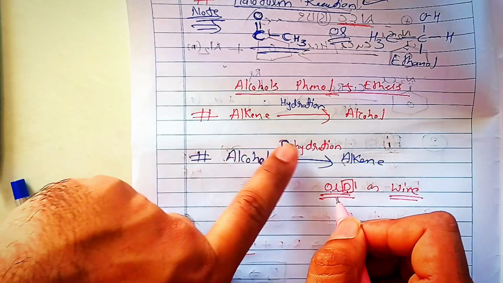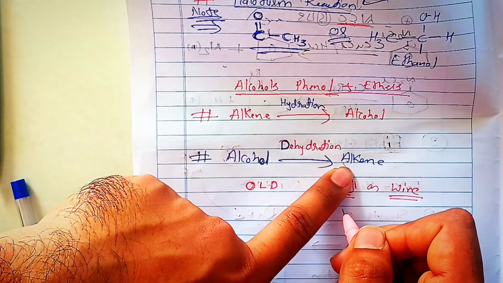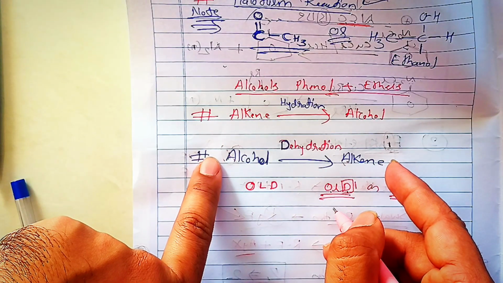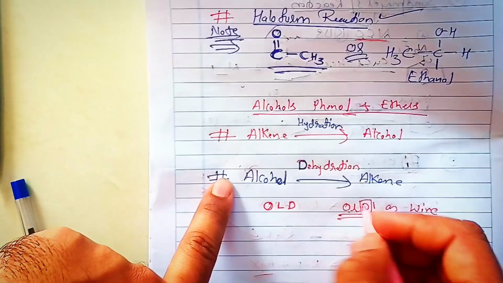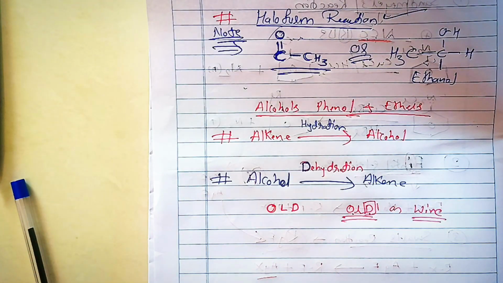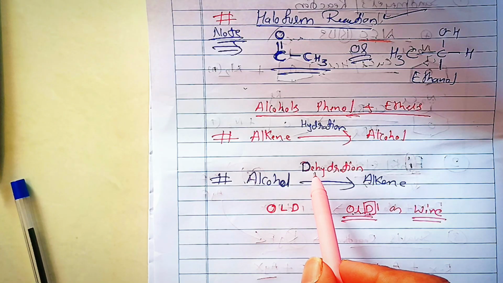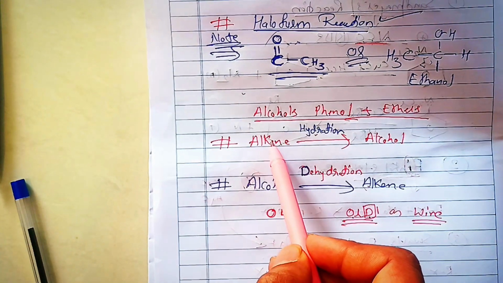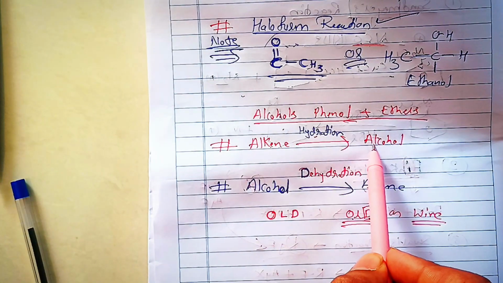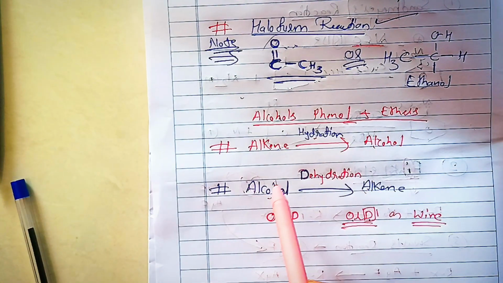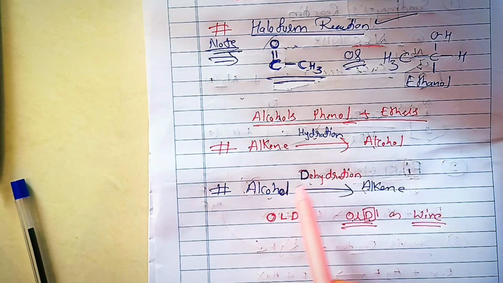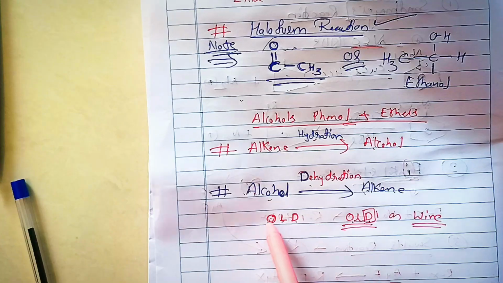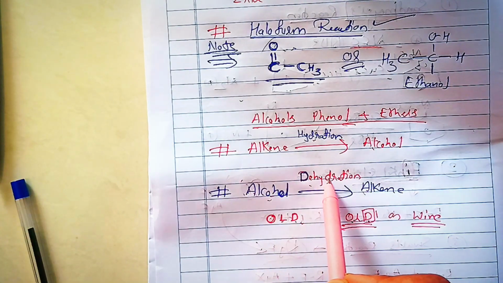In the alcohol we can make dehydration to get the alkene. So by this trick you can understand where we have to make dehydration, and the opposite of that will be hydration. So for alkenes we make hydration to get alcohols. For alcohols we make dehydration, like OL for alcohol, D for dehydration, OLD, alcohol dehydration to get